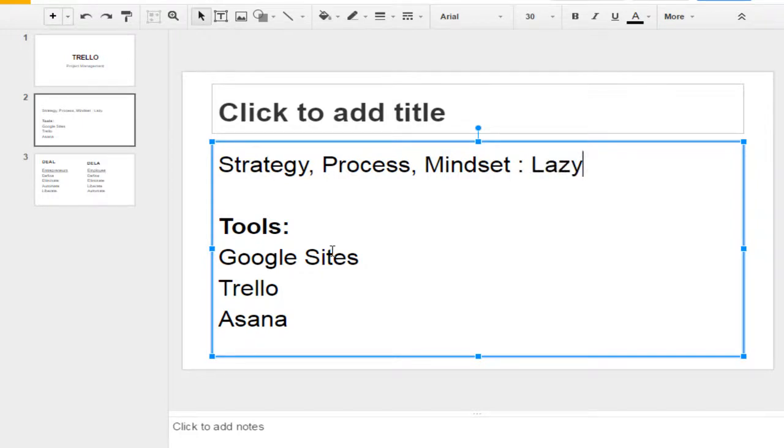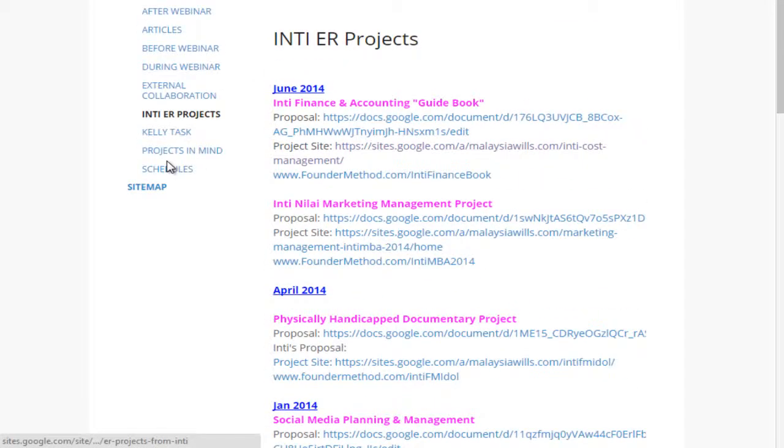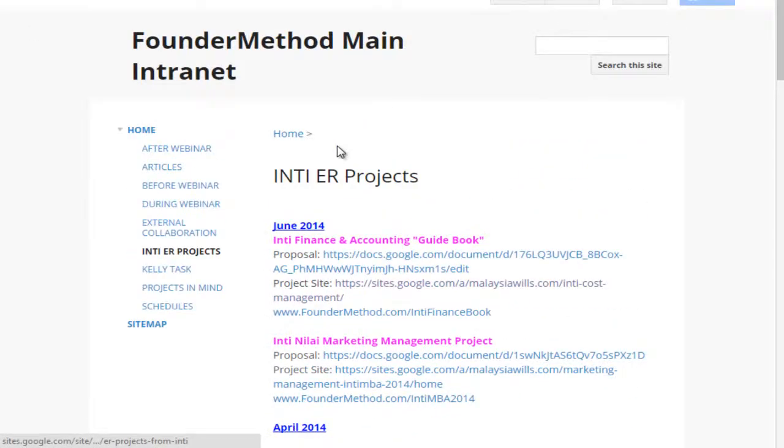And also you have clear processes, and have some strategy lah and delegation skills lah. So let me share with you. I used Google Sites for my previous project management, and it was quite successful, I think. Yeah, so this is the Google Sites I use to compile and also do project management.